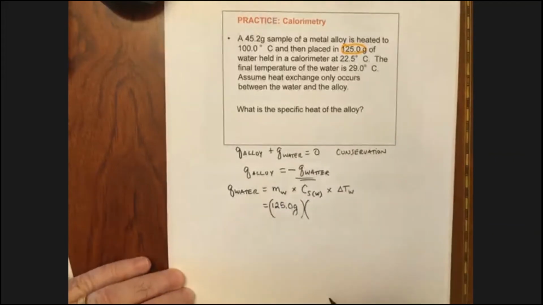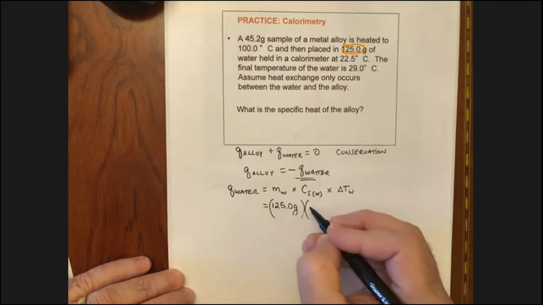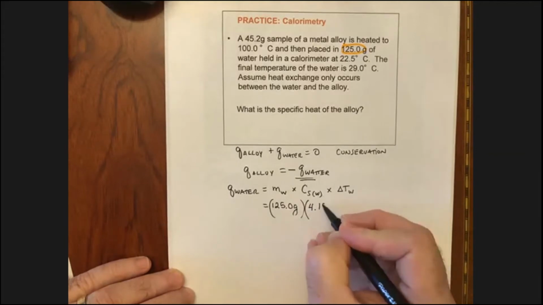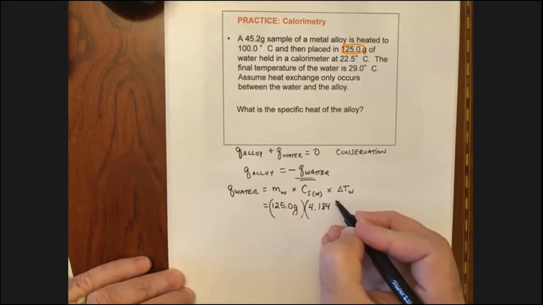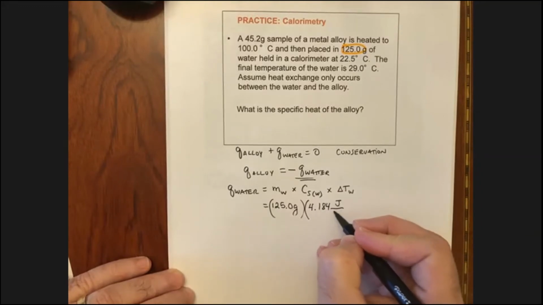Okay, what is the specific heat of water? Man, they didn't tell us. So at some point, what you'll have to do is get used to looking things up. Your text should have some appendices in the back or in the inside cover or somewhere that gives you these values. But the specific heat of water is 4.184 joules. That's the unit of energy per gram